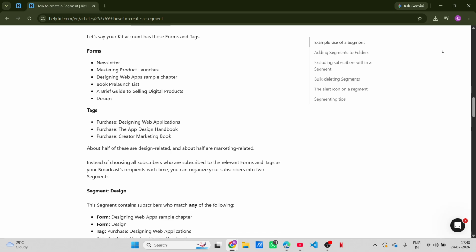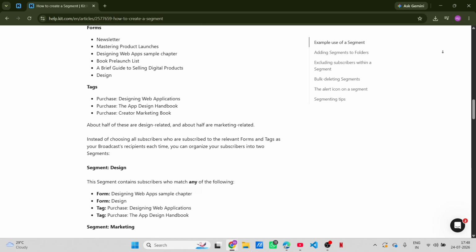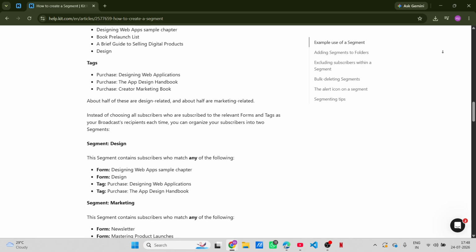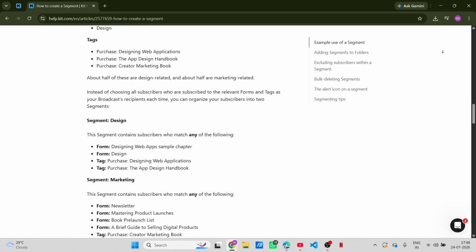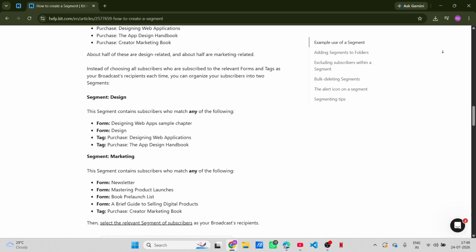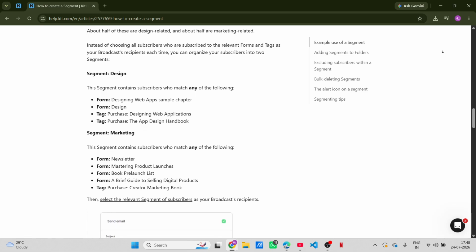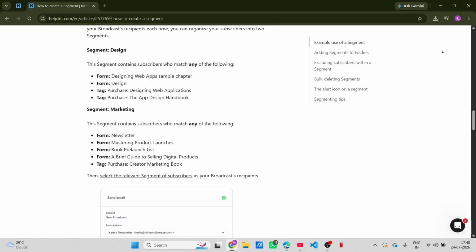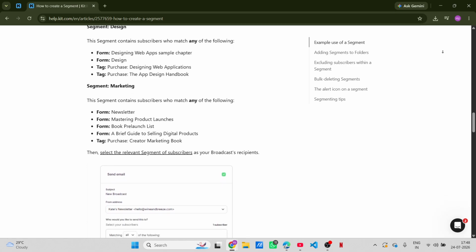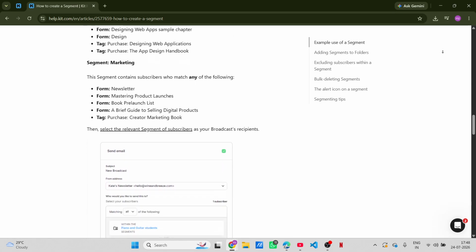This is a space where you can create new segments and also view any existing ones you may have set up in the past. Next, look for the button that says New Segment. It's usually located at the upper right corner of the Segments page. Give that a click. A new window will pop up, presenting you with the opportunity to define the criteria for